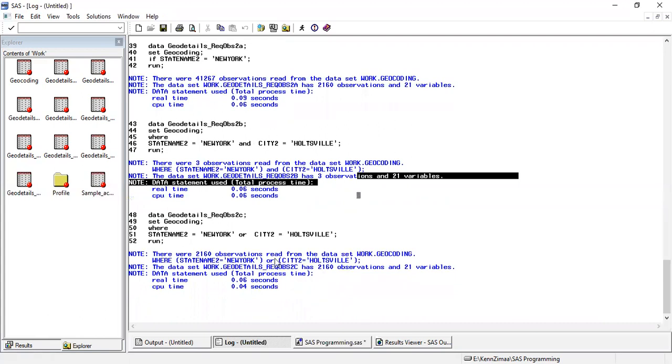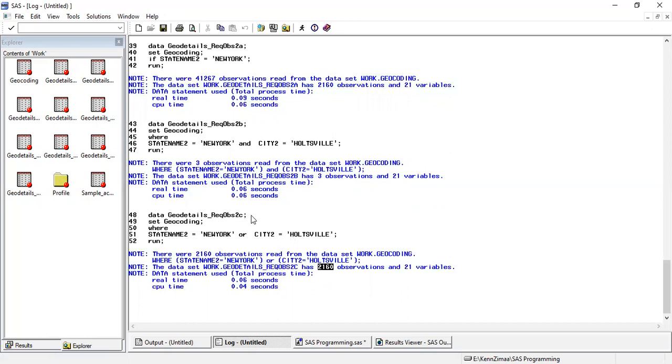But now I've given an OR condition. I'm okay with state New York, and or I'm okay with city Hallsville. So it has again given me 2160 observations. All the data where New York and Hallsville were there would be included in this, and this makes logical sense as well.